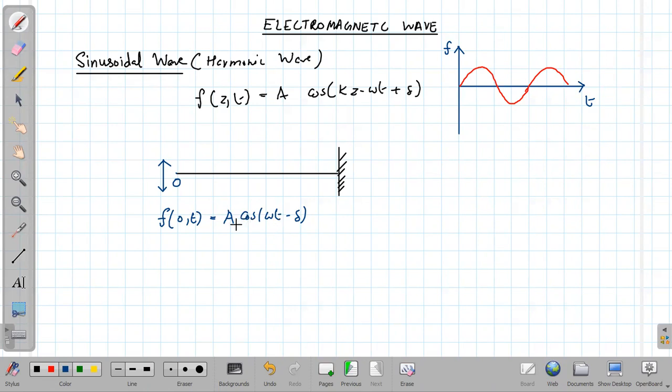So this shows that as time goes on, the displacement will vary from plus A to minus A. The cos function maximum can go to plus 1, and minimum it can go to minus 1. Therefore the function maximum can go up to plus A, and minimum up to minus A. So it will oscillate between plus A and minus A. If that is the case, then in this string we get the oscillation, and the wave will propagate through it.